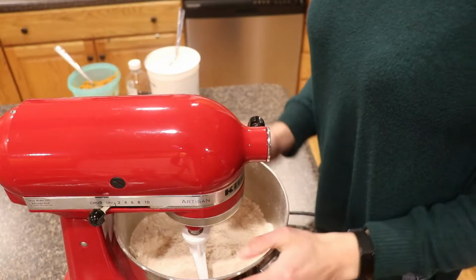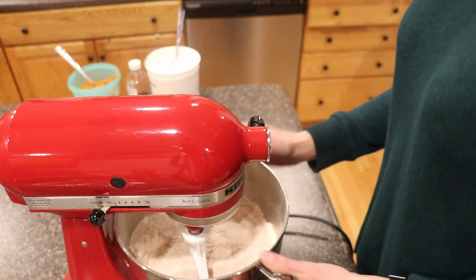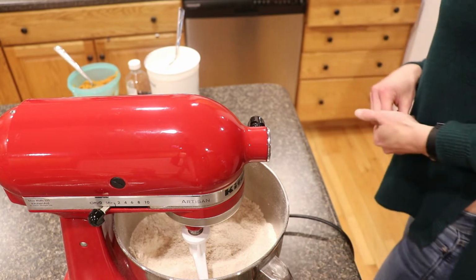So I already have all my stuff laid out. I brought my mixer over, so I'm going to bring you with me and we're gonna get this going. I have all my dry ingredients in the bowl here, and I doubled the recipe. But if you're only gonna make it once, you will just need 1 cup of flour, 1 teaspoon of baking